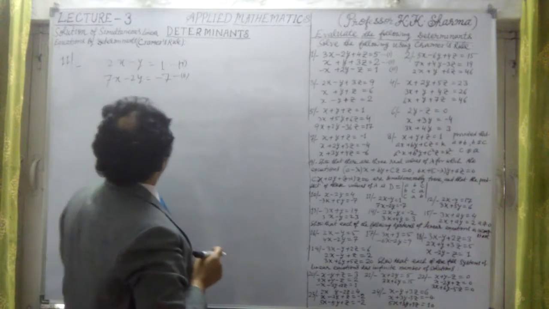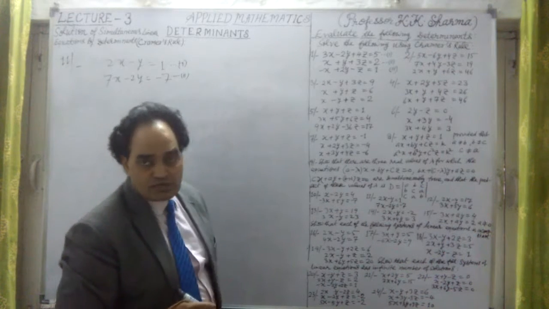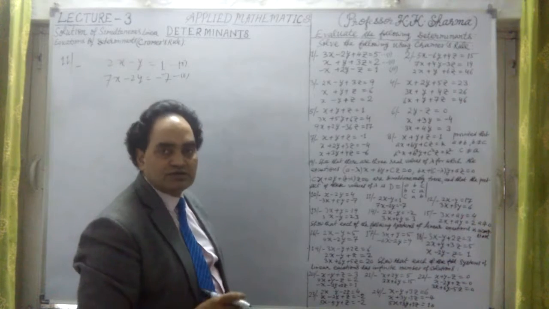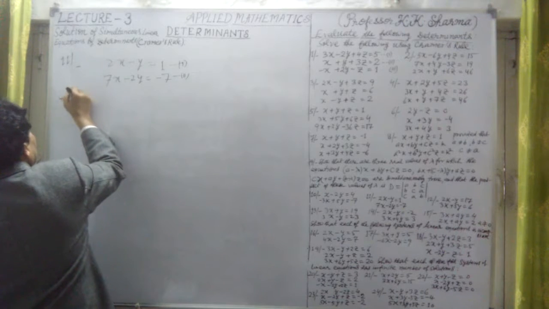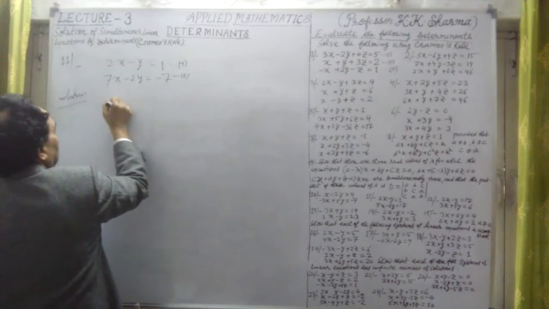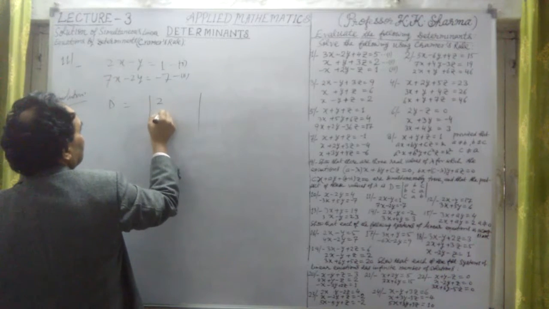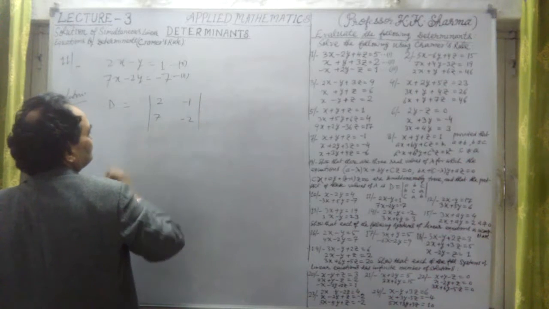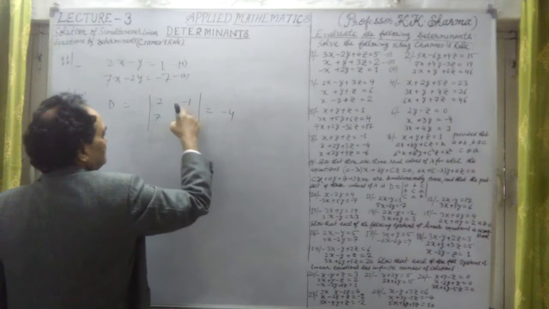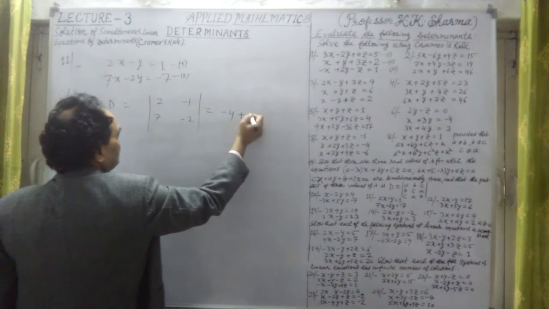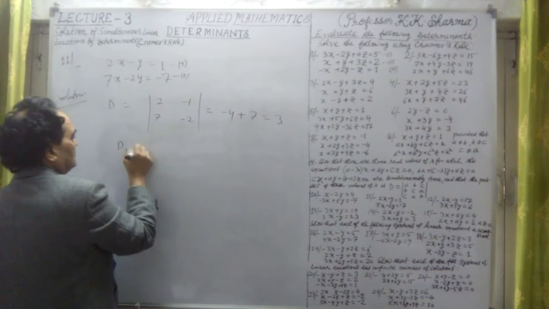Solving these two equations again. This is the 11th question, equations in two variables we are taking here. Solving this with the help of determinants. So D: the coefficients of x are 2 and 7, of y are minus 1 and minus 2. Answer is 2 into minus 2 is minus 4, minus in between we keep, so it is plus 7. It is 3 only. Now D1 is